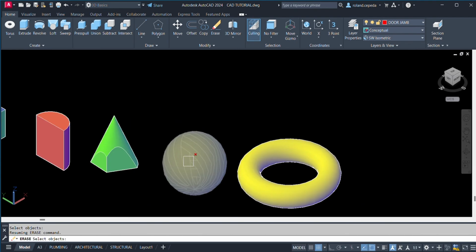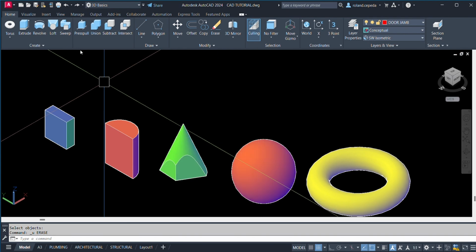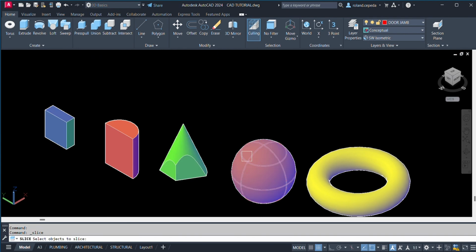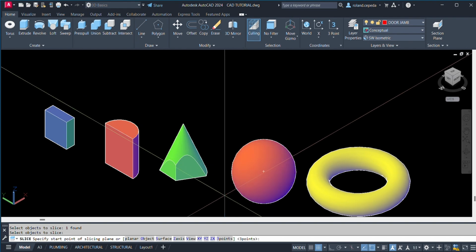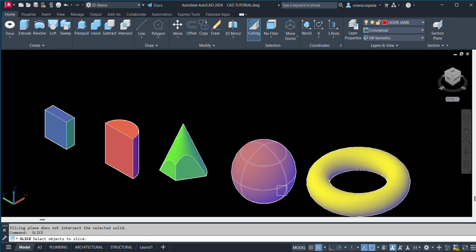The sphere. Let us try to slice the sphere. Then space. Okay. This slice command. Select the object and then space. I'm going to try this way. Space.